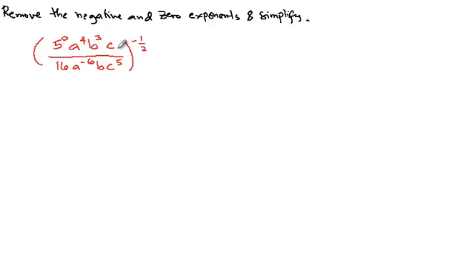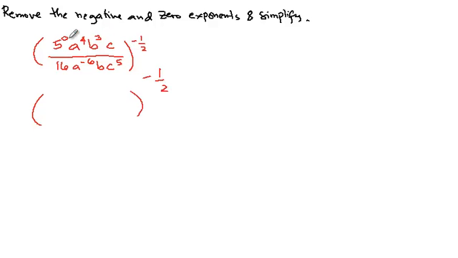Okay, we have it here: 5 to the 0, a to the 4th, b cubed over c over 16, a to the negative 6, b, c to the 5th. Okay? So actually here we are given, simplify this stuff. The first thing is we simplify first the denominator, the terms inside, before we raise it to a certain exponent. Okay, so what shall we do then?